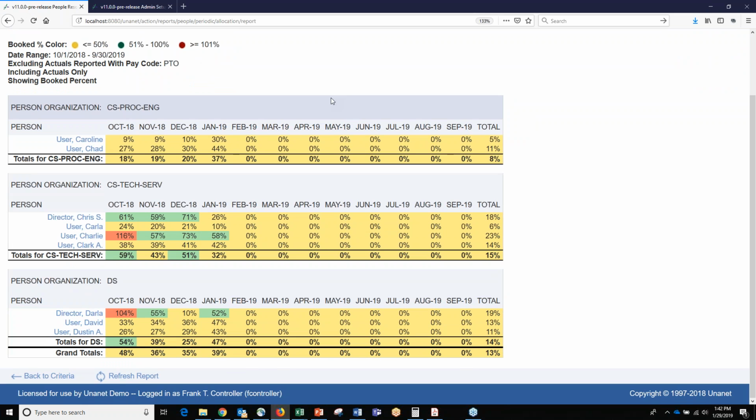Now, this is nice because it's showing you how people were utilized historically, but you'll notice there's nothing in the future here. So Unanet does have the ability to forecast resources or allocate resources into the future. And what we see a lot of nonprofits doing is they're doing this in Excel now.